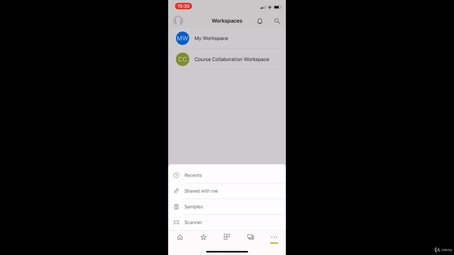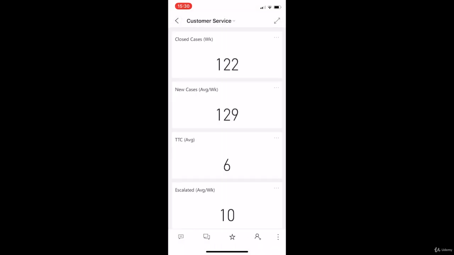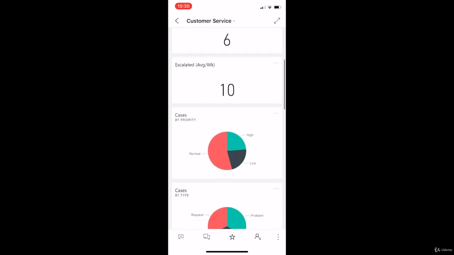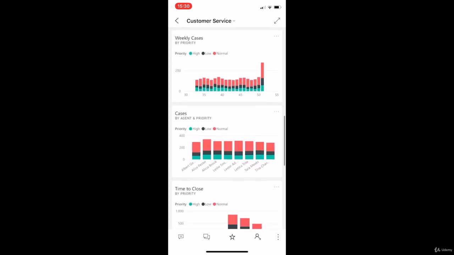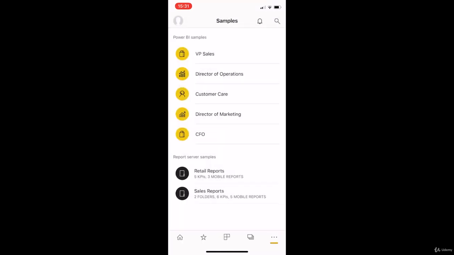We have another interesting thing here, and that's the samples option. If you click onto that, you can find different example projects here to give you a better overview of the interface and of the usage of this Power BI mobile app. You can, for example, click on customer care here, and with that you get access to different visuals. If you scroll through these, you see this is basically the look that we know from Power BI throughout all this course. I will not dive too deep into these samples here. Feel free to do so on your own. We'll go back with the arrow in the left upper part of the screen,